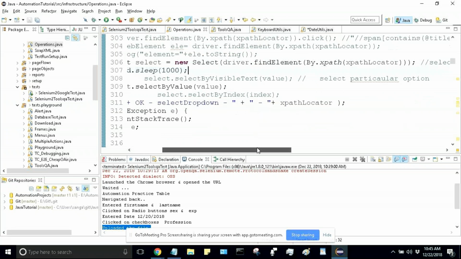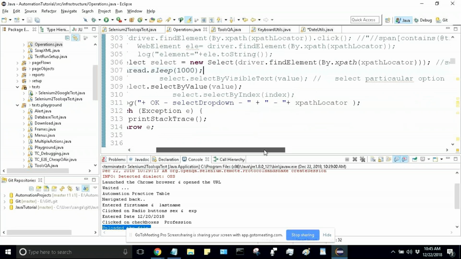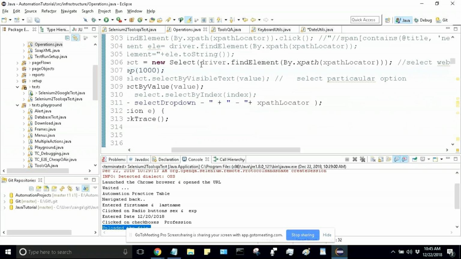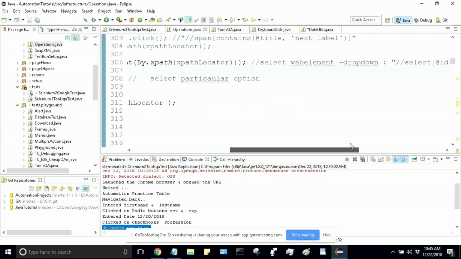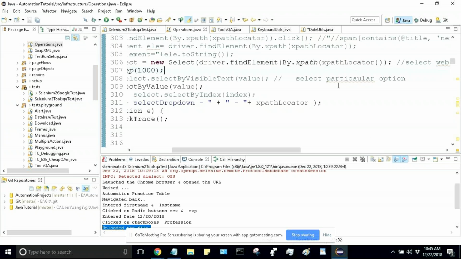Select is equal to new Select, and I am passing the whole web element here instead of creating it separately. So this will take the whole web element that can be returned by driver.findElement by XPath, and this will take the XPath locator. This whole thing is a web element. So the XPath is passed